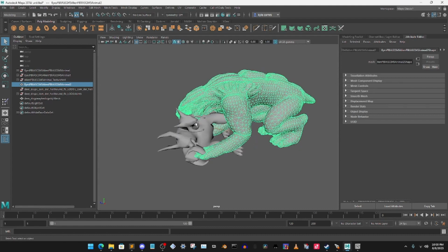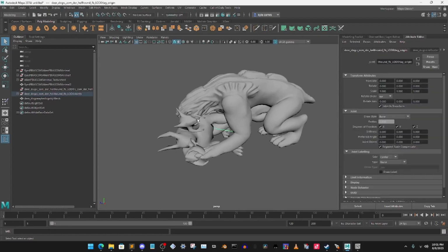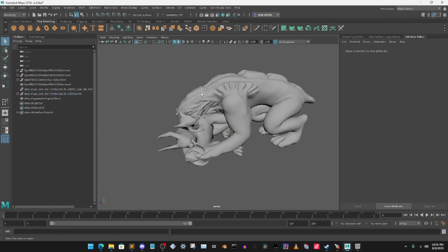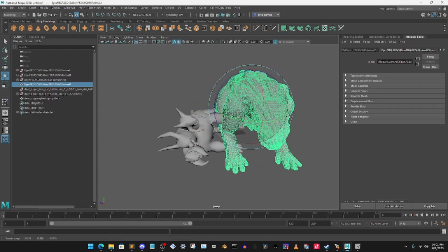Make sure your model is combined all into one, so that when you move or resize it, your model doesn't stretch. If you don't know how to do that, make sure you're on modeling up here, go to mesh and press combine. But make sure you select all of the meshes and then combine it all. Then you can click on it and rotate it. So I'm going to rotate my